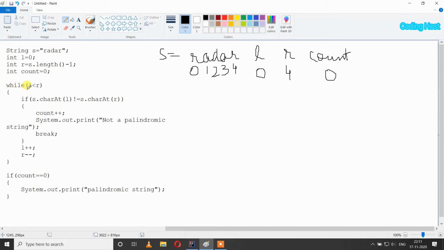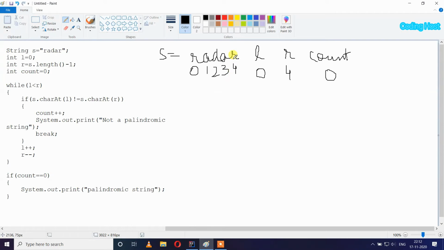While l is less than r, l is 0 and r is 4, so l is less than 4, our condition is true and we get inside our loop. Now here we are checking if s.charAt(l), so l is 0, it means character r, not equal to s.charAt(r).